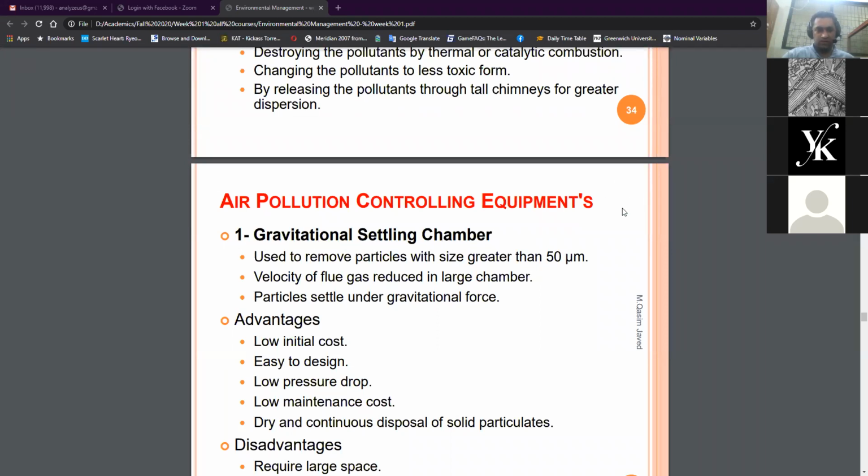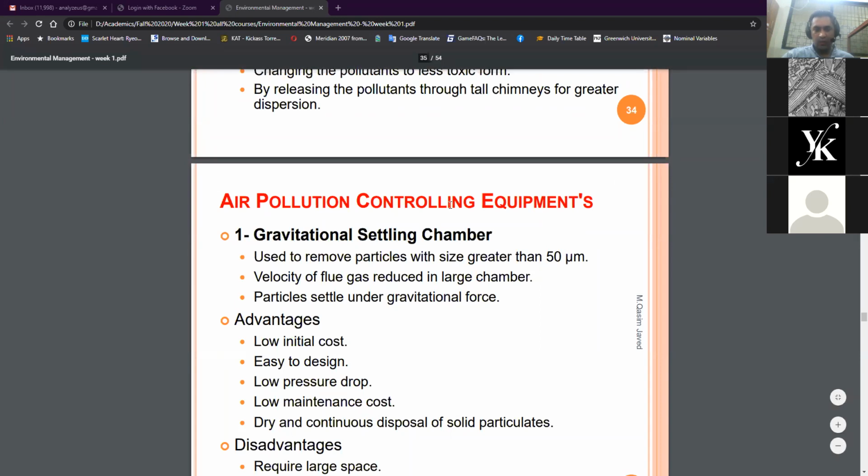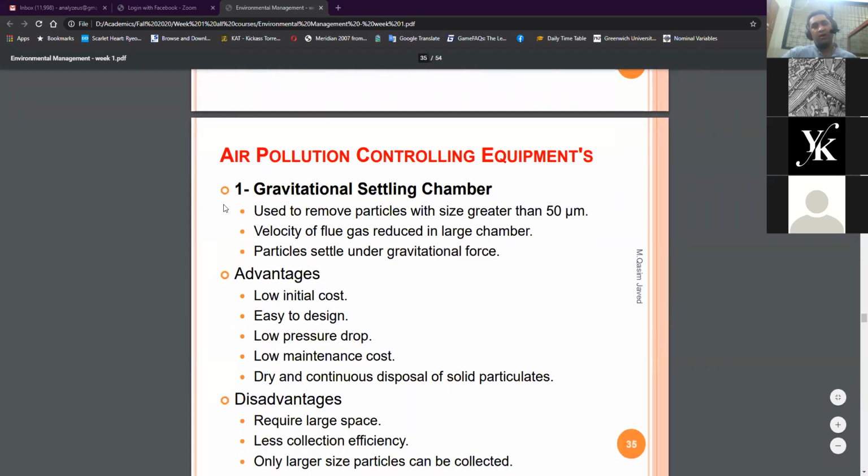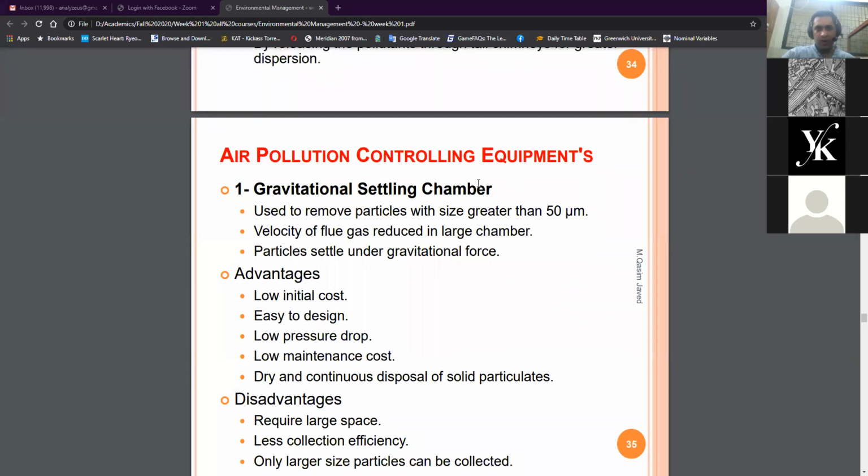After that, we will also discuss how we can identify or analyze the impact of these kinds of pollutions, and why, when we have these techniques and technologies, we are not using them on a larger scale. One simple technique here is,